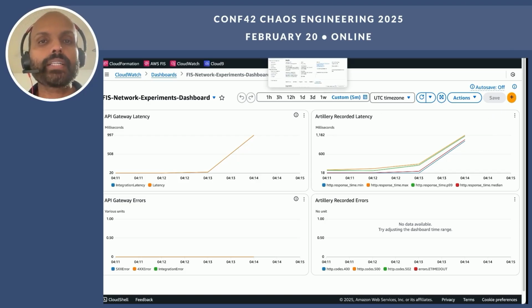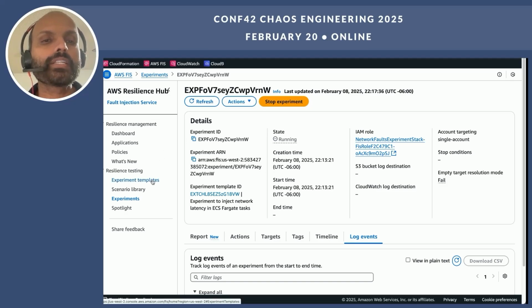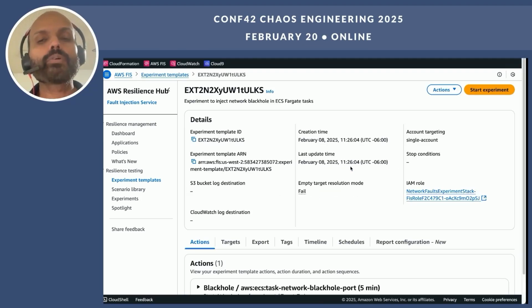Now let's go back and take a look at that experiment template. I think it should be finishing up here any minute. So we'll let that complete while we look at the next experiment template. So let's try the black hole one.